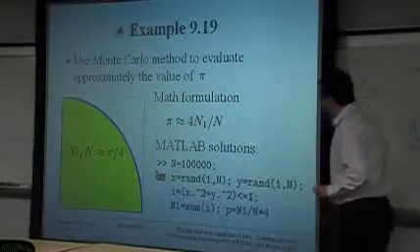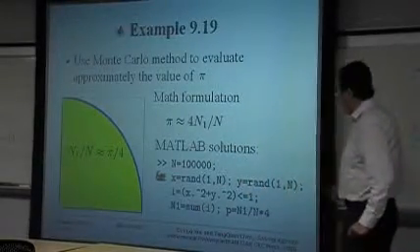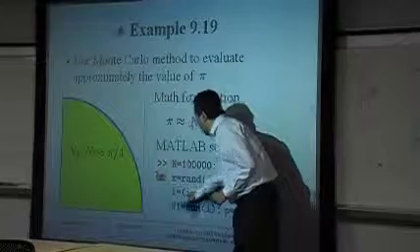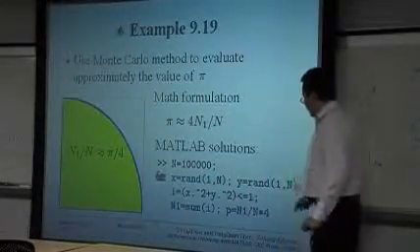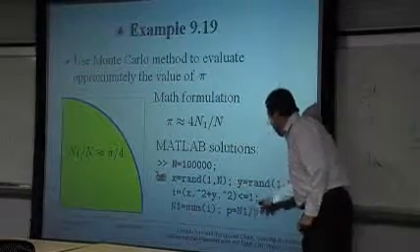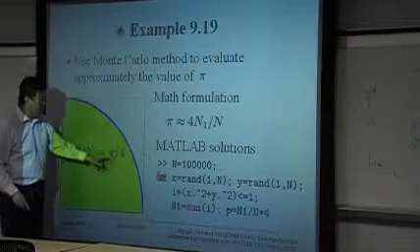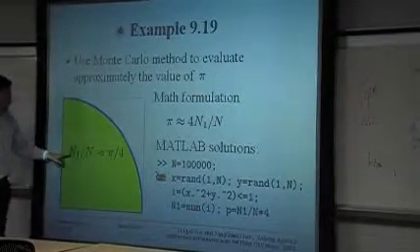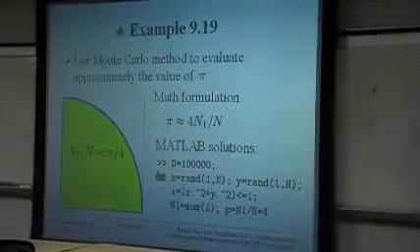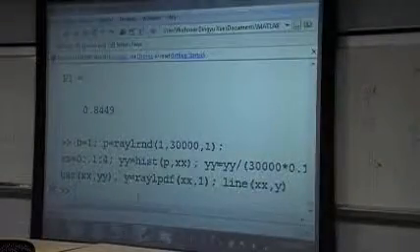So we can use a quantity here to find which of the x and y pairs satisfy this condition, that means fall into this area. And then we can count the number of points in this area as n1. So n1 divided by n, the total number of points, should equal pi over 4. In other words, pi can be approximated by 4 times n1 divided by n. So this is a typical application of the Monte Carlo method in the evaluation of certain values. For instance, here we find the